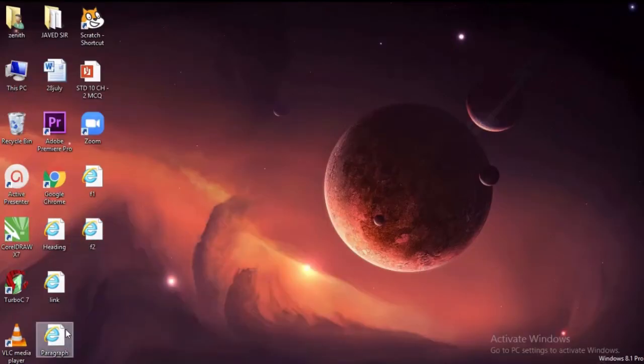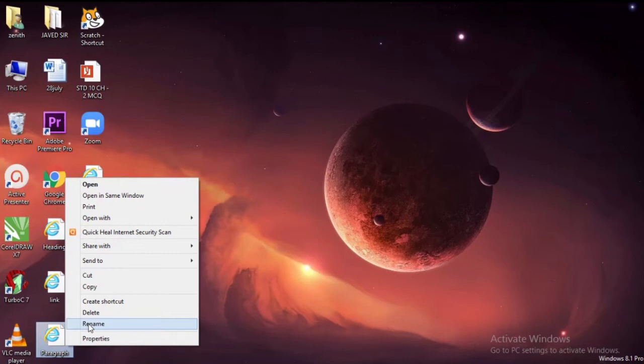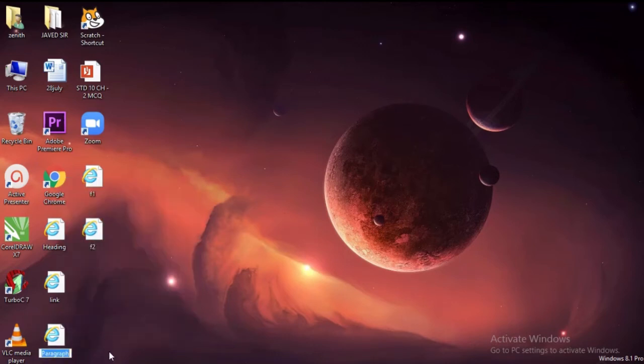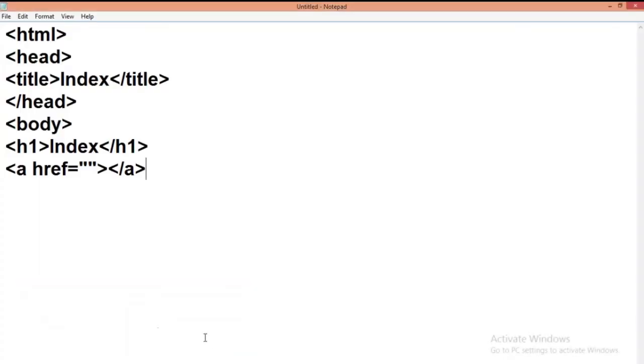So here, a paragraph file. Okay, right click, rename, copy the file name, go to your source code and paste it here, then the extension .html, and outside of the tag just write the file name.